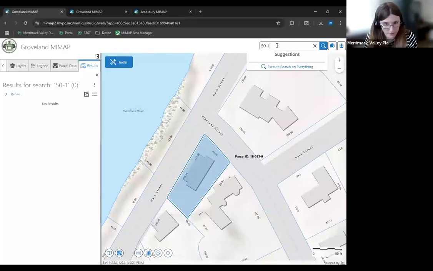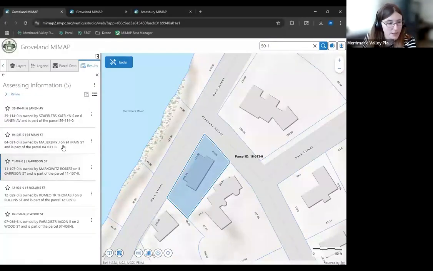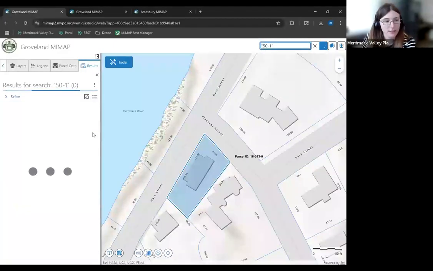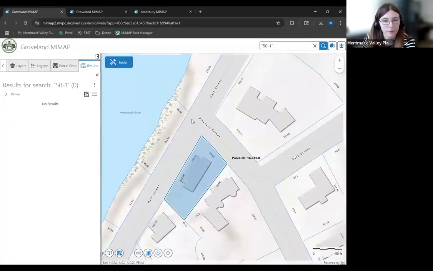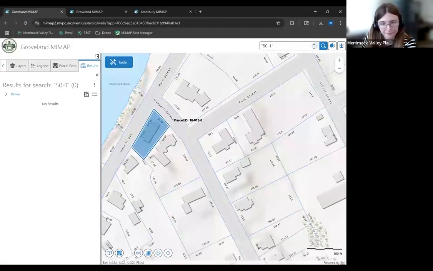So you can see the difference here. I search 50-1 and it's coming up with anything that has something somewhat similar to what it thinks 50-1 is. It could be any sort of field in here. Maybe there's a registry ID in here that has 50-1 in there somewhere. If I want to exclude all of those, you just put it in quotes, and quotes means search exactly for this. And that's important for some communities that have a lot of parcels that pop up when you search certain IDs.